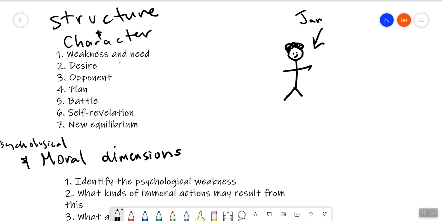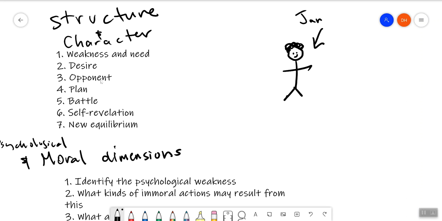Her need is to overcome the trauma of childhood in order to have a fulfilling life and relationship, to stop using people. Okay, her desire, number two, is perhaps to acquire, let's say, a bunch of material possessions, to land a good job, to finish grad school, to get married to Mr. Right or whatever. Okay, desire is what the character wants in the story, not what she wants in life, and not the thing that has to change. So I want to make that distinction pretty clear here. Some people will kind of conflate these, and usually it makes the character a bit less dynamic.